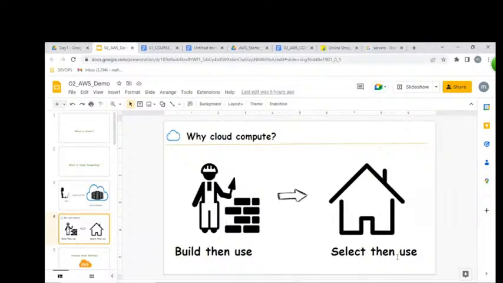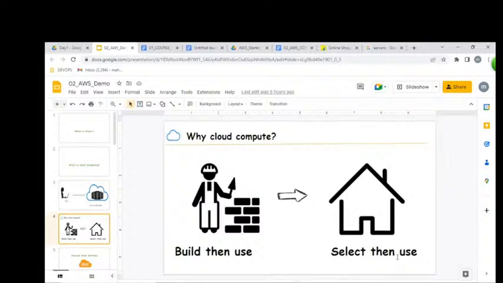So any cloud, either Google, Azure or AWS, any cloud provider is providing only rental infrastructure.